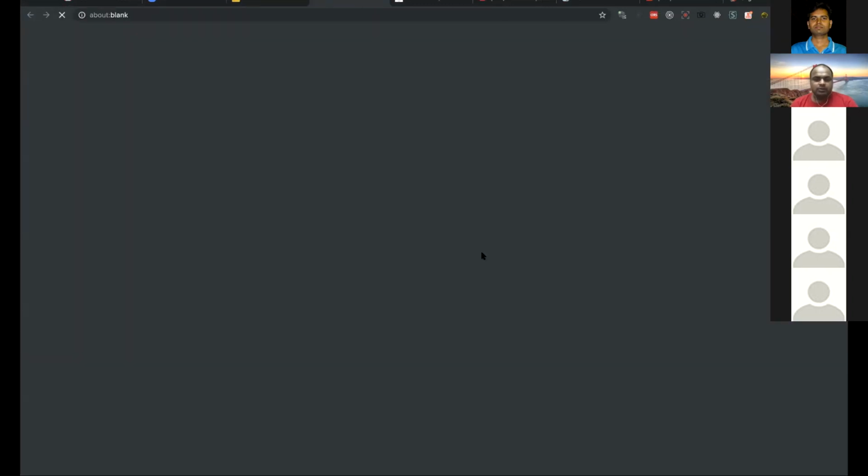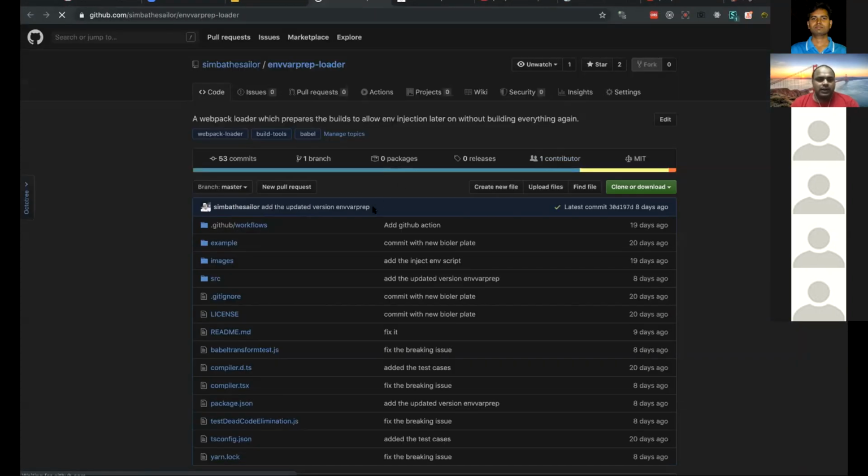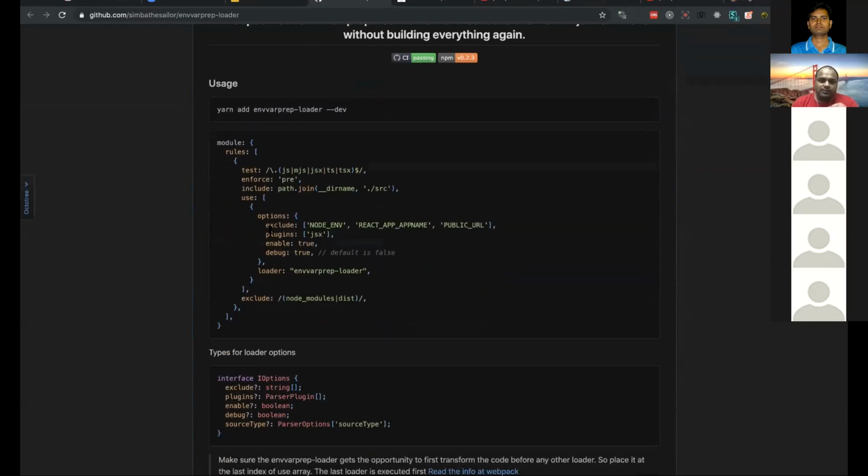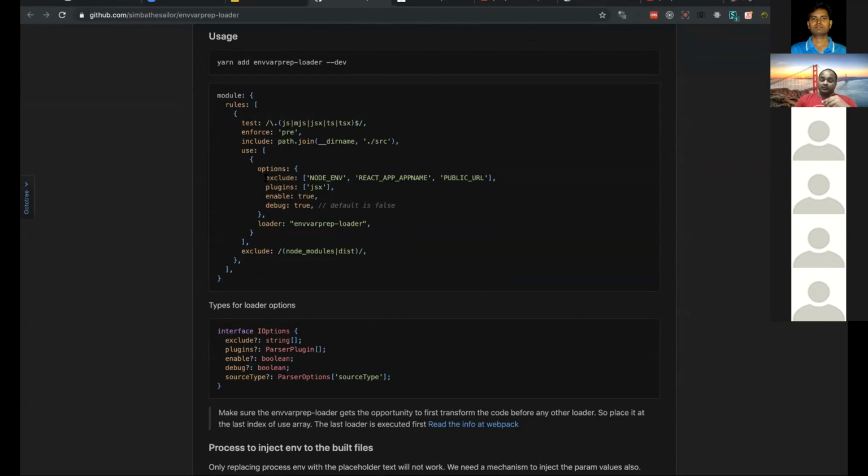Yes. Right. Cool. So I was able to create a Webpack loader. I will not go that deep, but I want to give a one-minute overview of how to use it. This is just a Webpack loader that I have added. You don't want to replace all the param values every time. For example, node environment will not change across staging, pre-prod and production. So there should be an option to exclude some param names. That's what the option is for.